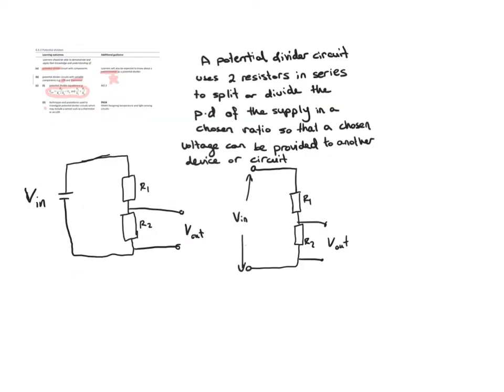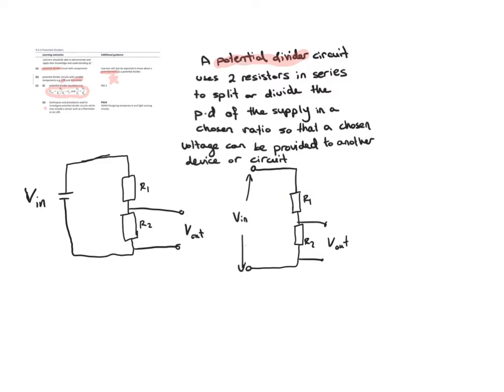Okay, so what is a potential divider circuit? A potential divider circuit has two resistors in series. So I have two diagrams here, diagram 1 and diagram 2. They show exactly the same thing, it's just simply one uses a cell, the other one has a power supply, and instead of them being too close to each other like the cell, they're just apart in that way. So usually this is the more standard structure that you will see in exams